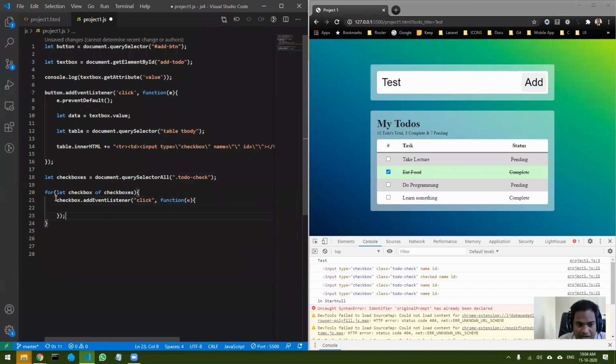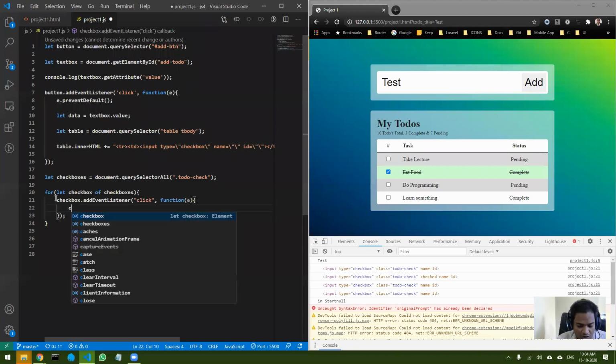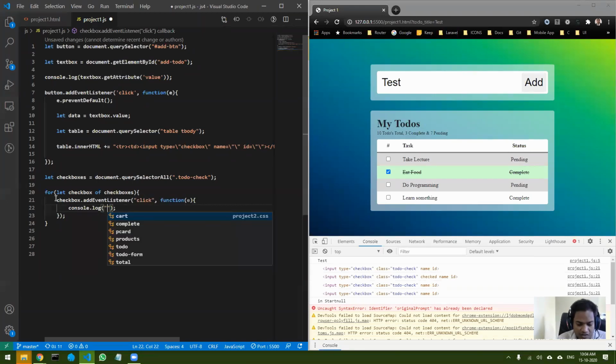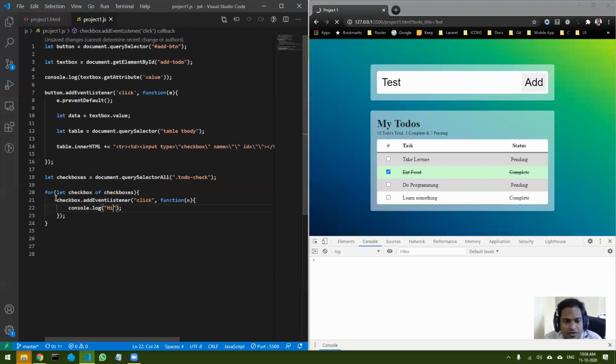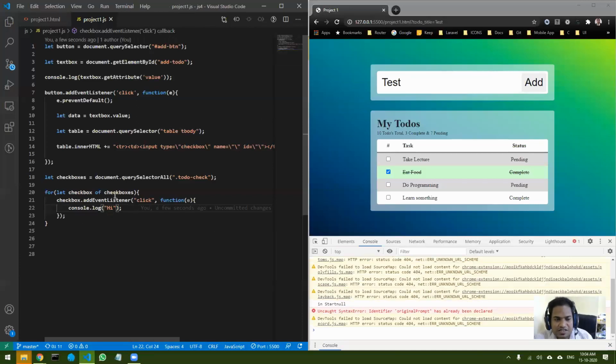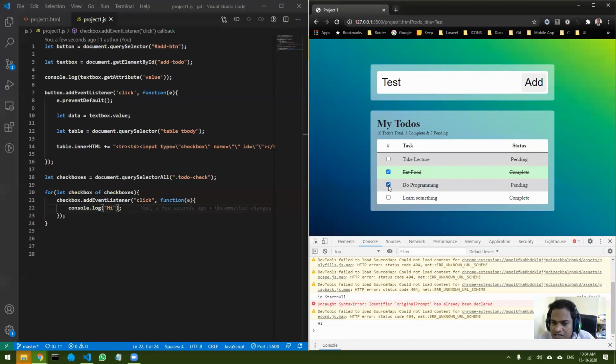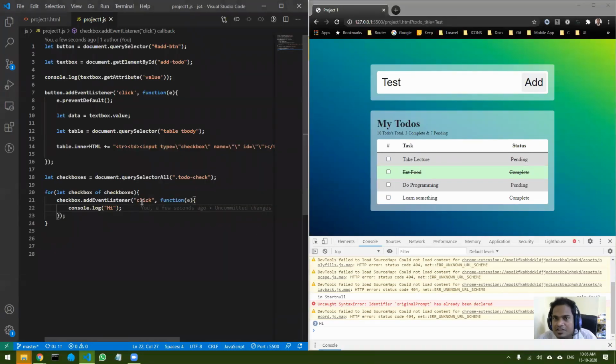It's always a good idea to do a console.log and find out if everything is working or not. I have just added the event listener to the checkboxes, and now whenever I click on a checkbox, it should print hi. You can see whenever I click on a checkbox, it is printing hi. That is a good thing, so till here everything is working.